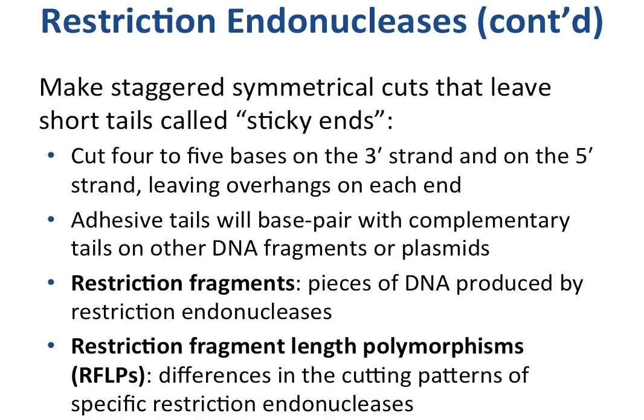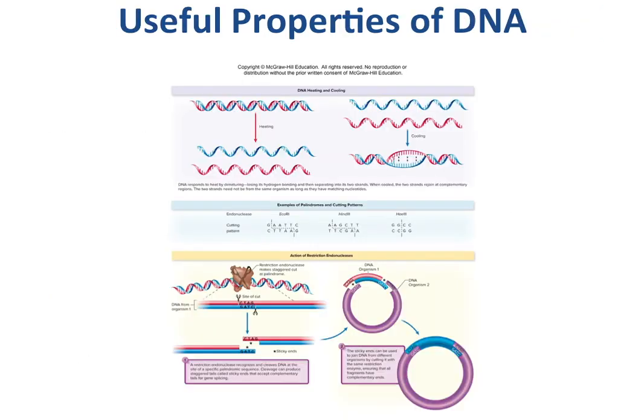Once the restriction endonuclease cuts the DNA, the piece of DNA that is cut is called a restriction fragment. Restriction fragment length polymorphism is a difference in the cutting pattern of the specific enzymes. Okay, specific enzymes. For example,